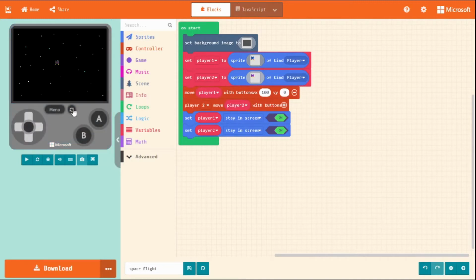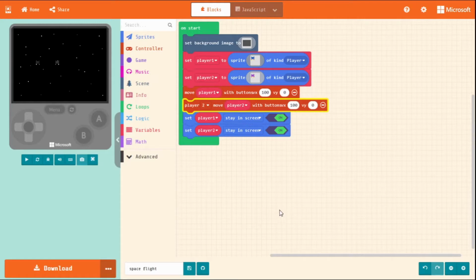So now for player 1, I should only be able to move left or right because the up-down velocity is set to 0. And so we just do the same thing for player 2, change the Y velocity to 0,